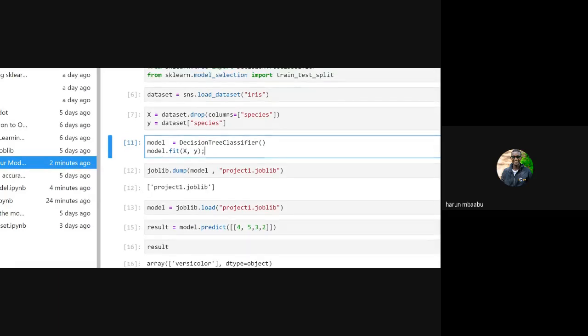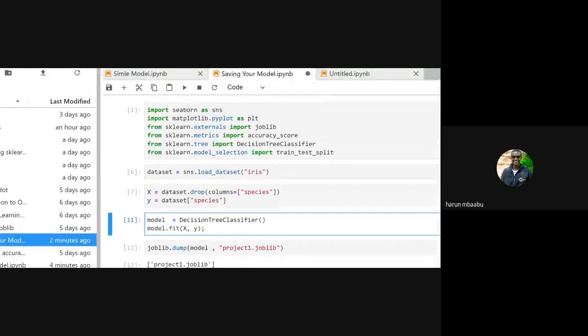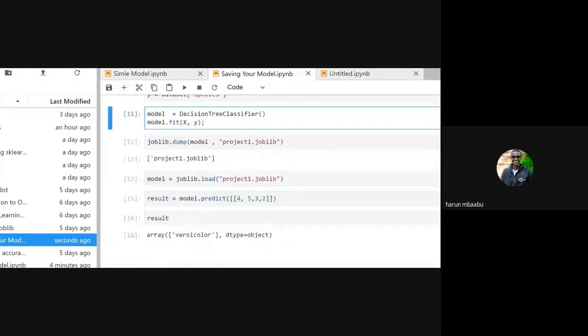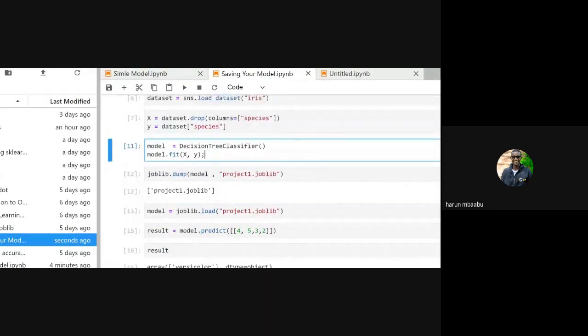So looking at the third line of our first cell, we have from externals import joblib. Then when we come to cell 12, if you can look at it, we have joblib.dump. It comes with the dump method, which takes two arguments.